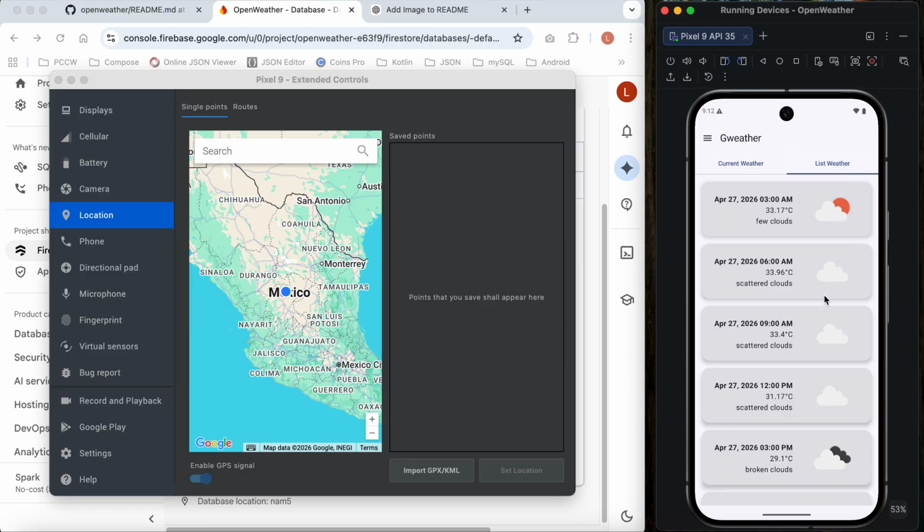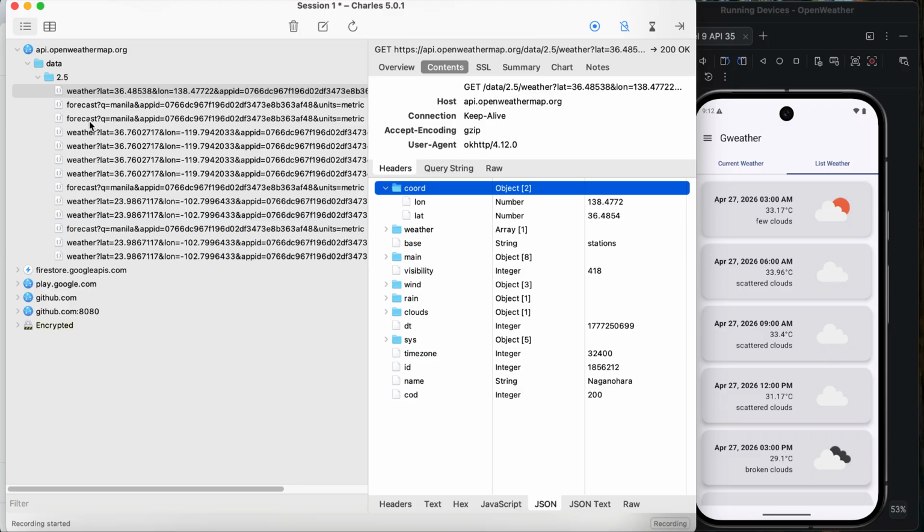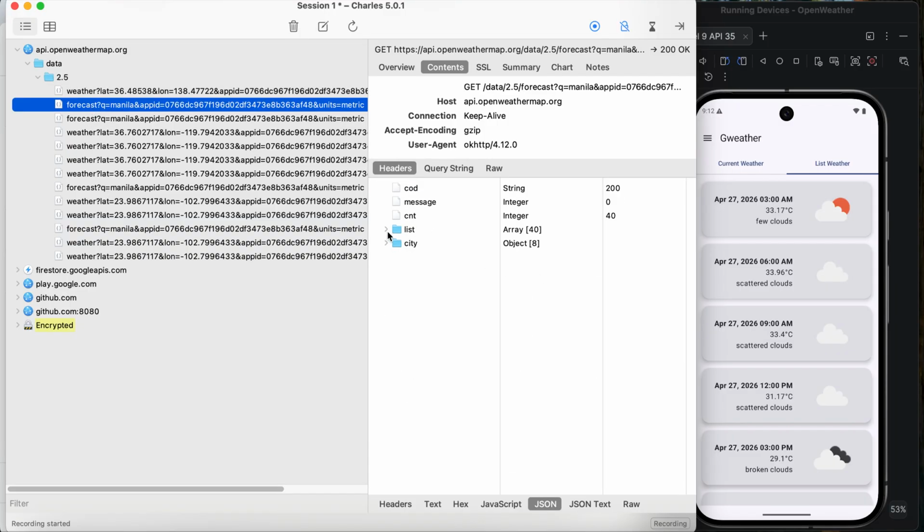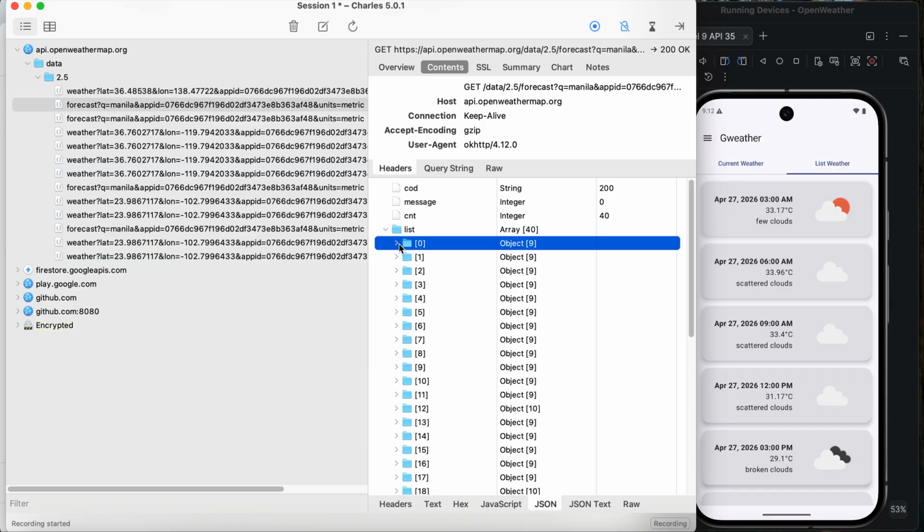Here from our list weather, I got it from the API named forecast. Here is the forecast. We're getting the forecast, so I got all the information from this API.